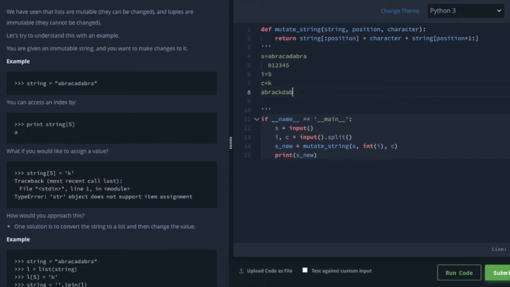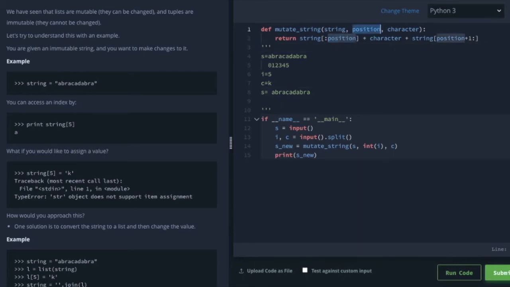So I'll explain what this does. Let's go to our function, mutate string. We're returning string up to position. The string position starts from 0. So string s is abracadabra, as we know here, and position is 5.